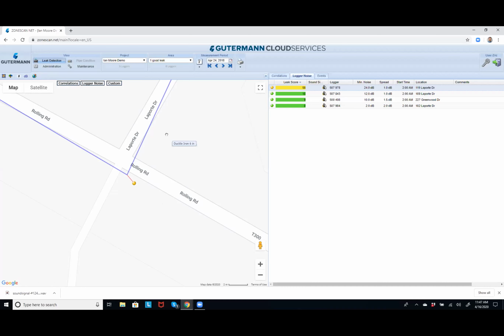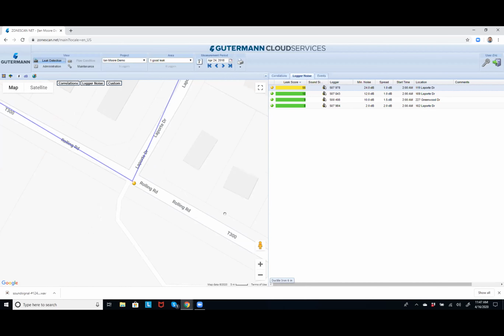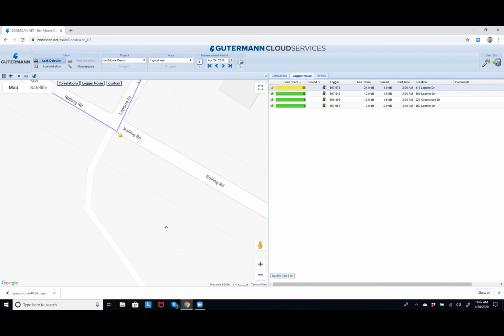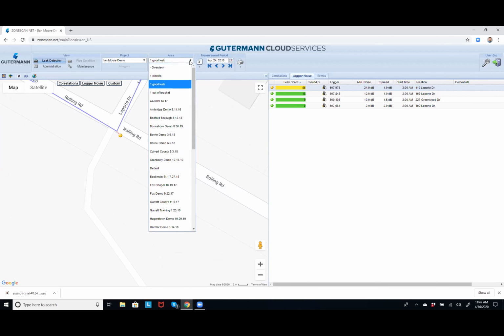Great. Another question here. Josh asks, is a noise level at a logger indicative of a leak farther down the pipe if there are no other loggers to form a correlation with? That is a good question. Yes, a logger that is reporting a high leak score, is red, but is not correlating, not part of another correlation, can be the result of